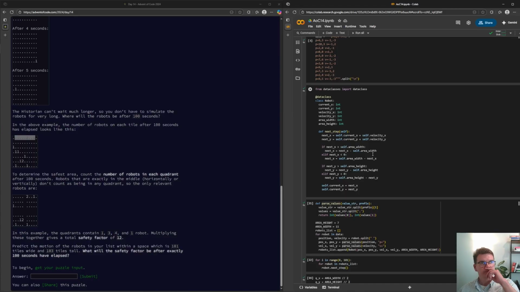So if it's -1, then we need to next y area height minus... we are removing too much. So okay, next y is more than area width, so it would go to the next side. So we need to basically subtract 1